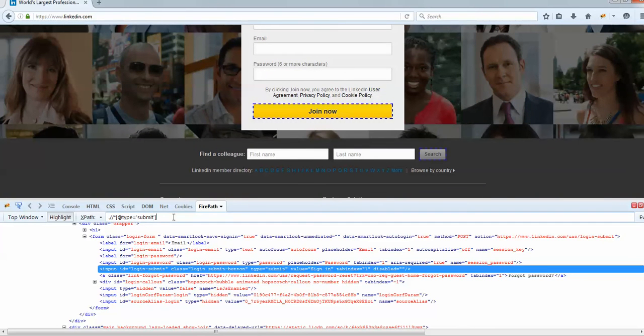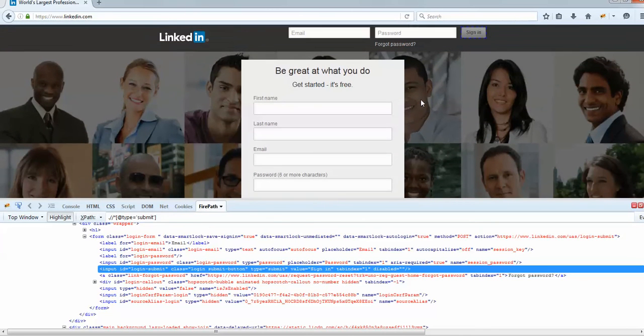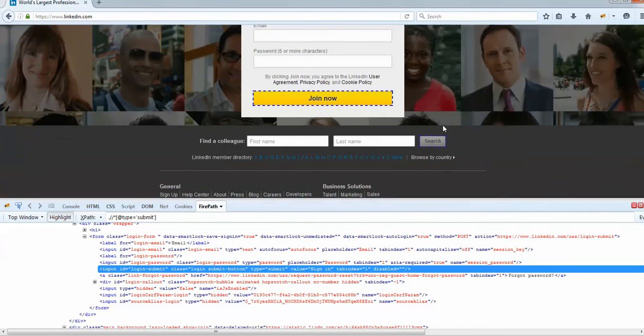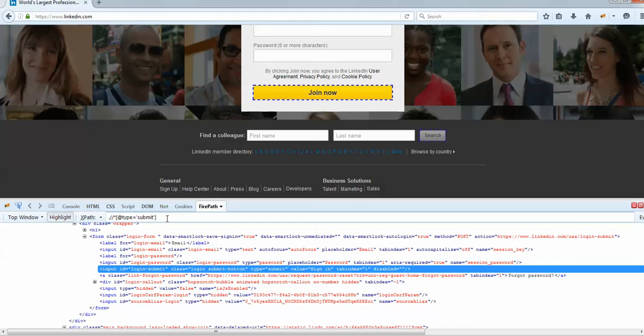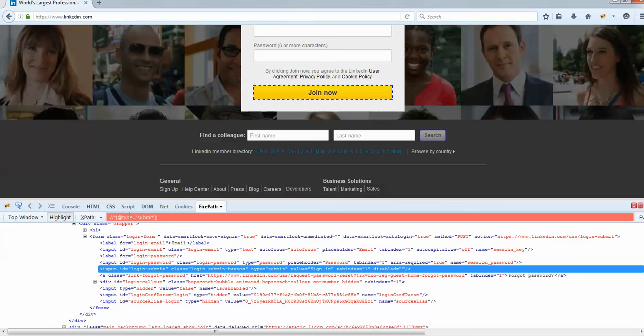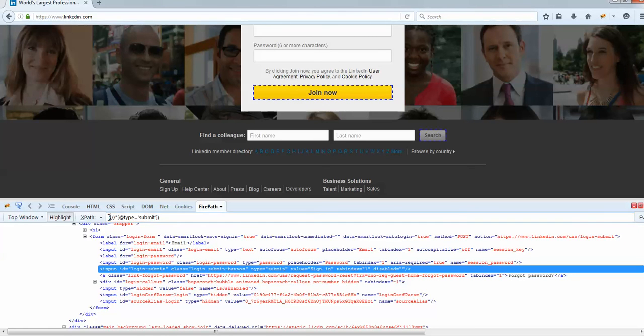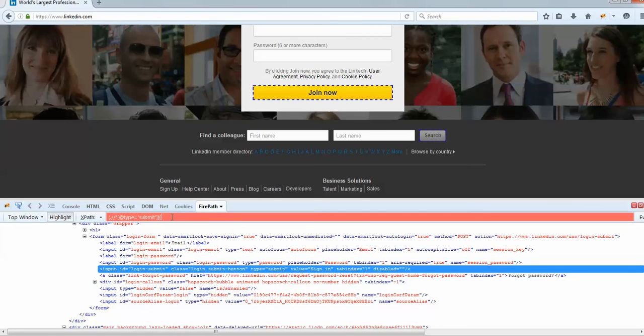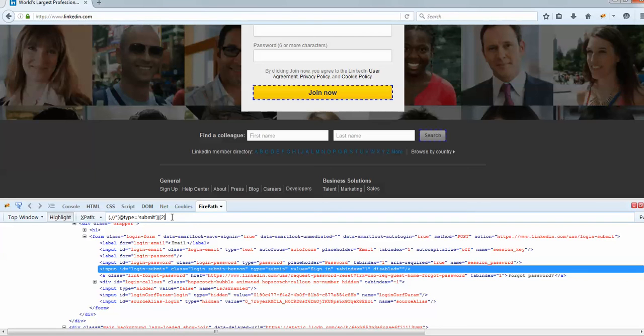So when I give this to my script it will definitely fail, because it will fail to understand on exactly which element it has to go and perform the operation. So in that case, what you have to do is you have to make use of indexing. So if you see, there are three different elements, right? 1, 2 and 3 with the same type, which is submit. So enclose everything in a bracket and try to identify using, now we want join now, right? So let's see if this is coming second.